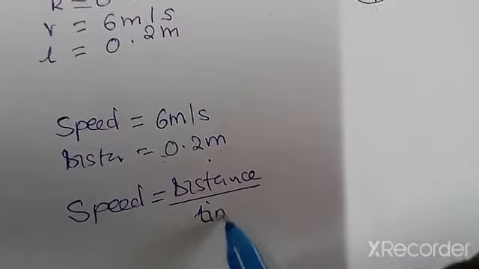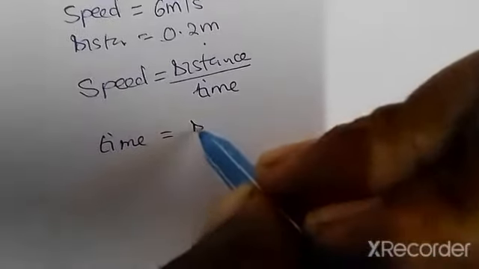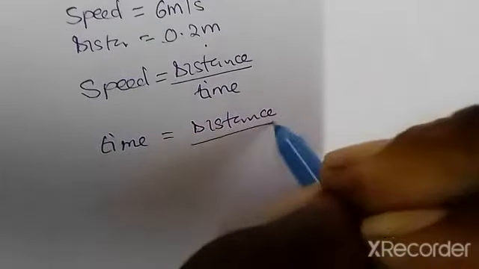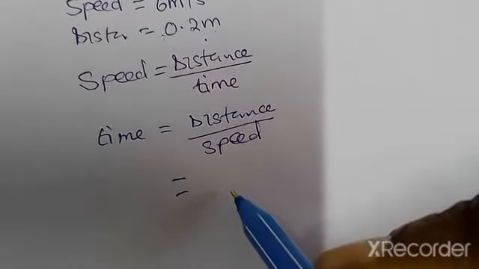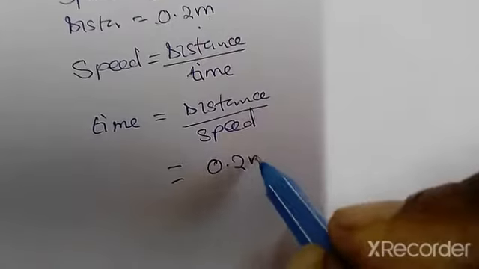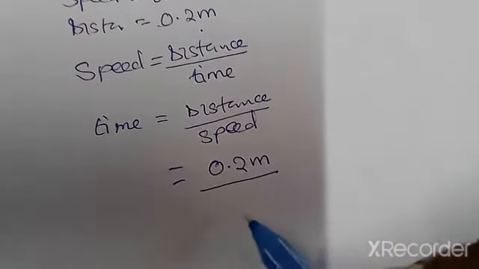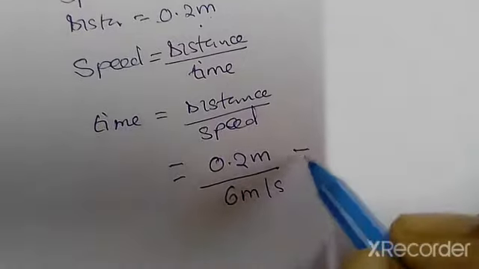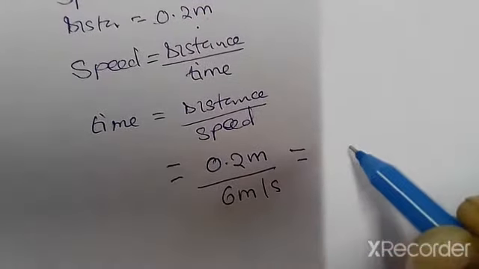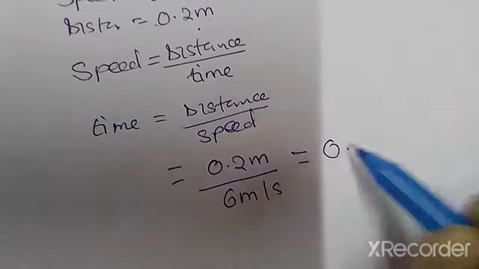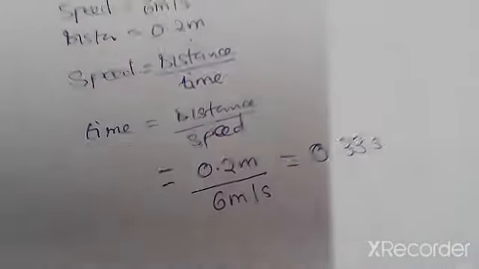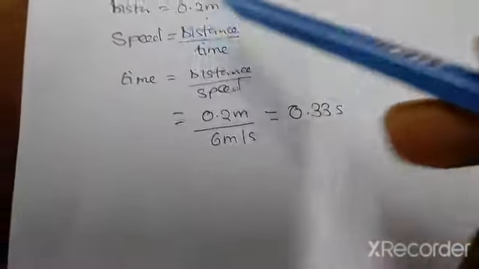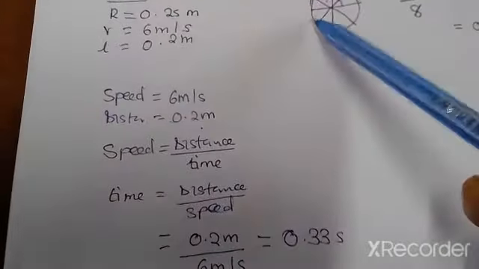divided by time, where time is equal to distance divided by speed. So our distance is equal to 0.2 meters and our speed is equal to 6 meters per second. So that will give us the time of 0.33 seconds. Okay, that's how long it's going to take this arrow to completely pass through this wheel without being